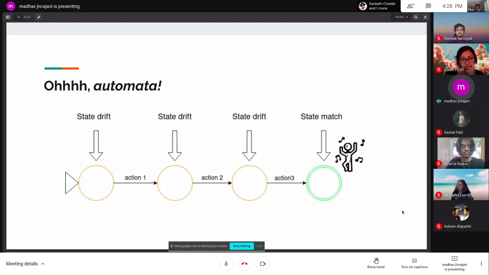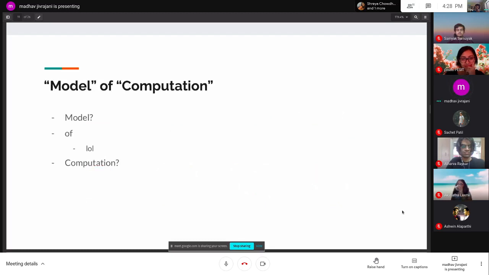I mean, not a lot of people worry about it also, but that's what basically a model, you can think of a model as. What is computation? So computation is basically you are driving your system from one state where you have some amount of data or you have some amount of insights to a state where you can transform this data into information. So like you're processing something, you're doing something on the data that you have available to go to a state where that data is more organized, and that more organized form of data is called information.